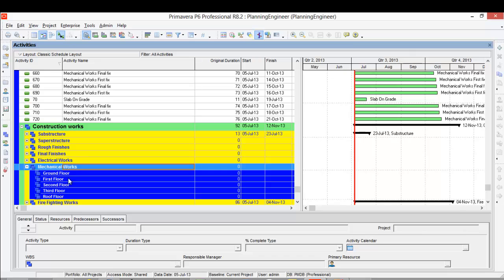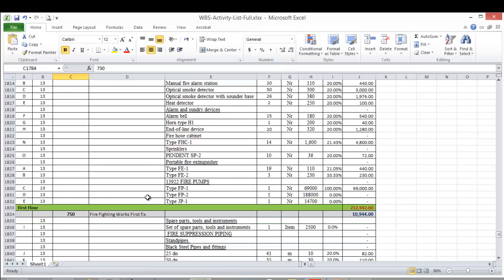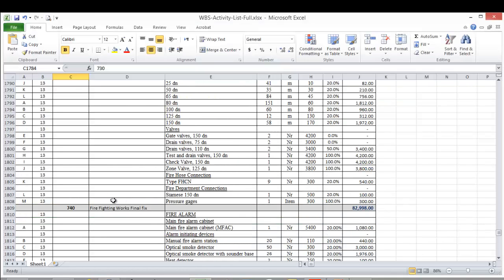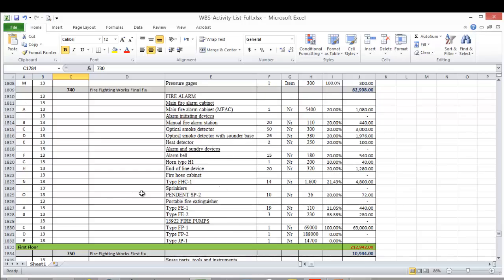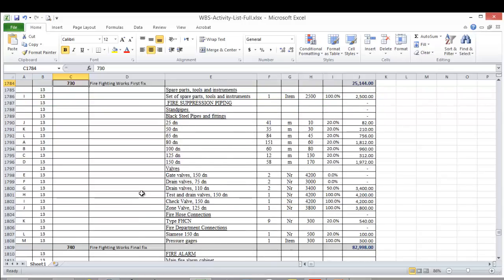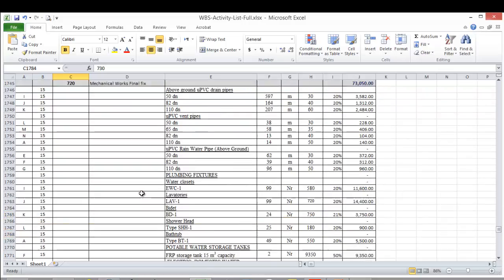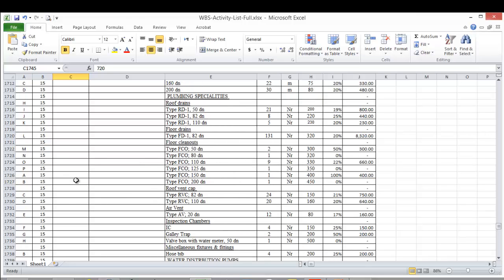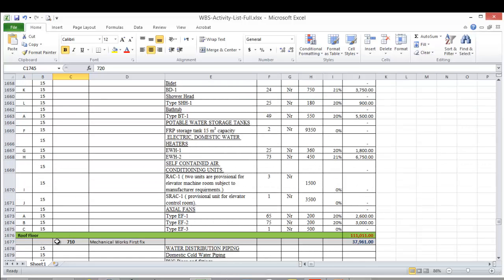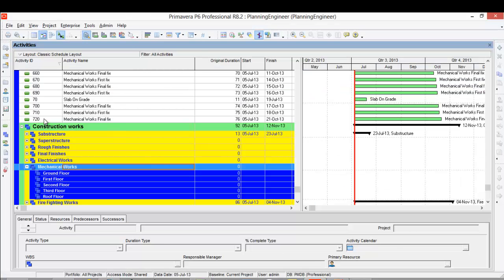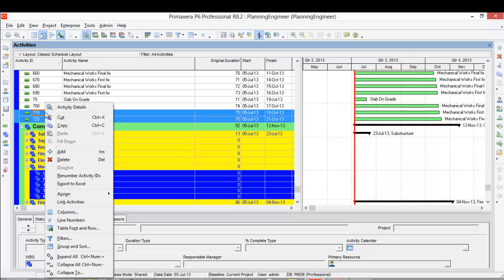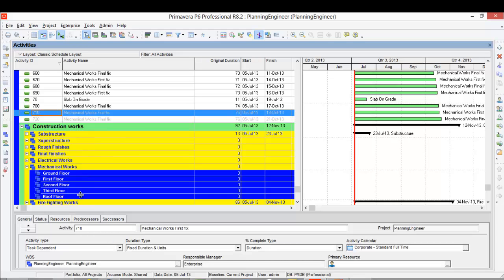We'll go to mechanical work. So the mechanical work 720 and 710, this should be for the roof. Let's check, 700 for the mechanical work. 720 and 710 is for the roof, and so on up. Okay, so this is 20 and 10. I'll cut, I'll paste in the roof.